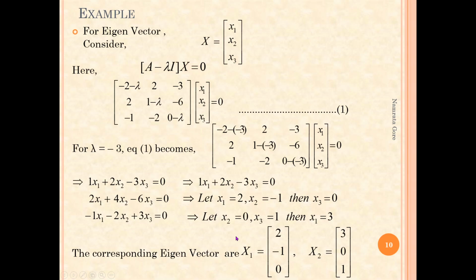Now everyone can have a different eigenvector, but take care that while evaluating these eigenvectors, there should not be any relation between the two vectors. These eigenvectors should be linearly independent. This is the condition while evaluating eigenvectors for every eigenvalue. Different substitutions can be used to get different eigenvectors. I have used these two substitutions to get these two eigenvectors.